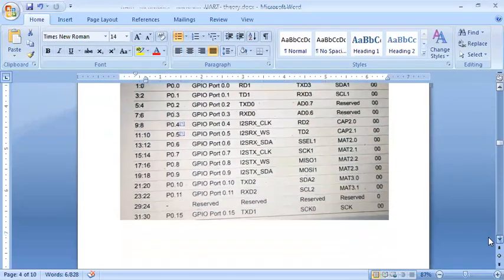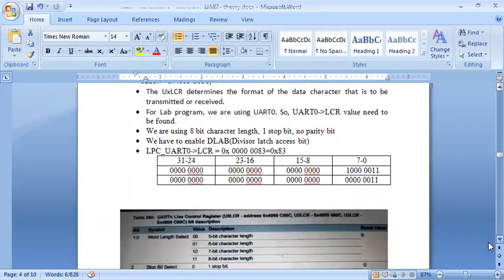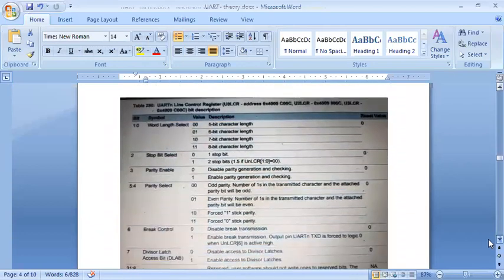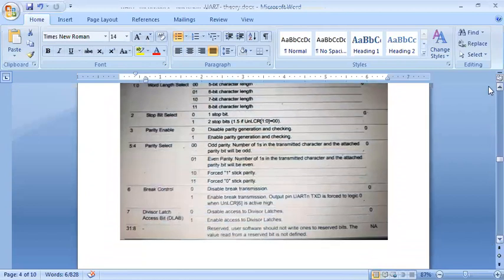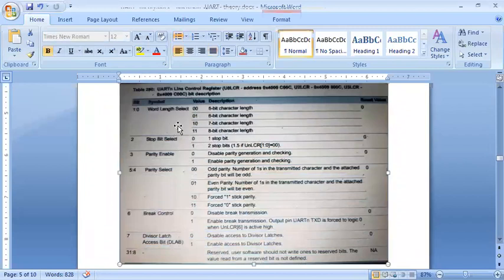Next, go to now LCR. LCR is basically the line control register, to frame. What's my frame? One start bit, one stop bit, and 8 bits of character. Correct? So my data length is how much? 8 bit. If you can see, this is my 8 bit here. For this, what is my bit value? The value is 1 1. So my bit number 0 and 1 should be 1 1 for an 8 bit character. Okay, done.